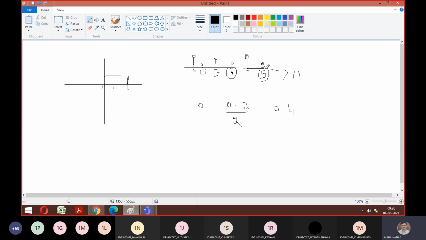See, for example, here, 5 is there with amplitude 1. So if I do a compression technique, this 5 becomes 2.5, correct? So at that time I need to mention a signal at 2.5 with amplitude of 1. Is it clear? Similarly 4 is there, so I'll get it at 2. Similarly 3 means you will get it at 1.5. So whatever you have, irrespective of odd and even number, just stick to your basics. Okay now?